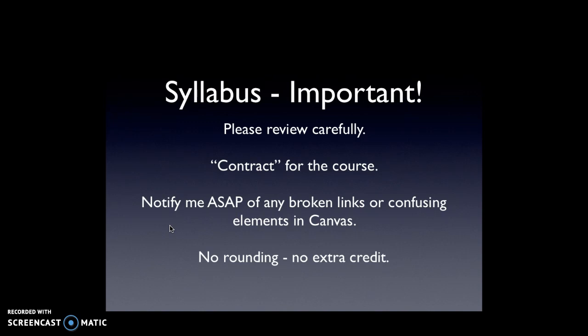In my course, I have a policy of no rounding at the end and no extra credit. What that means is if you email me at the end and say, "I'm 2 points away from a B," I don't round, and I need you to know that up front. I have some reasons for that, and the main reason is that your attendance grade, which is 60 points in